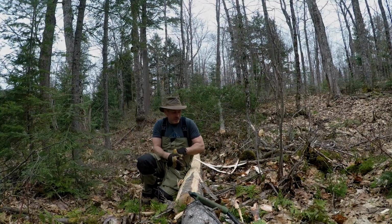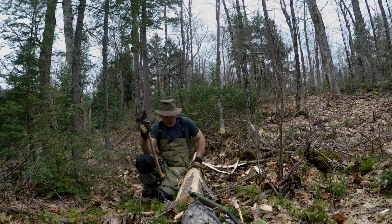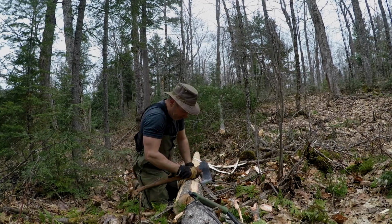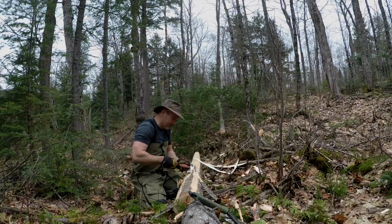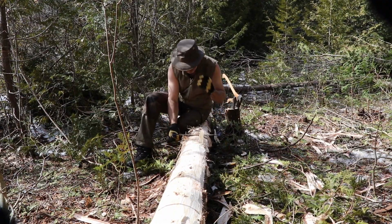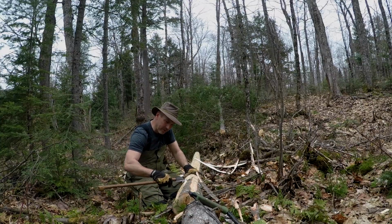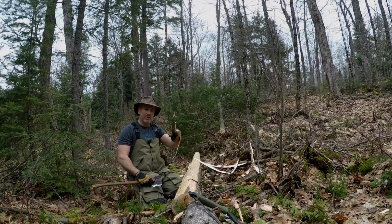This is the reason you usually cut log cabin logs in the spring. So it's April 20th today. Temperature has been above zero, above freezing for a bit now, and the sap is running. So this bark, you saw me debarking in the winter, those spruce trees and cedar trees up at the other cabin I'm building, and it just holds right on, right? So the sap is running on the cambium layer here, and because it's loose from the old growth, from the growth from last year. So you can just take that and take it right off,